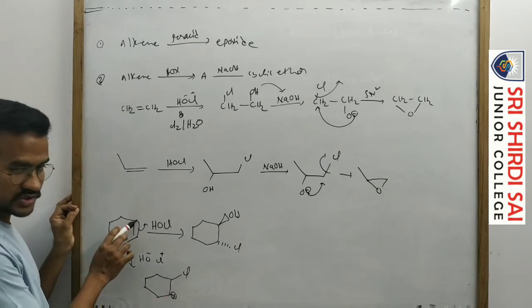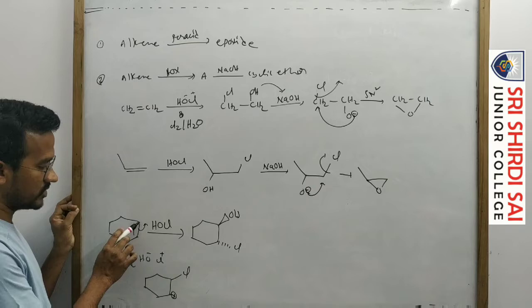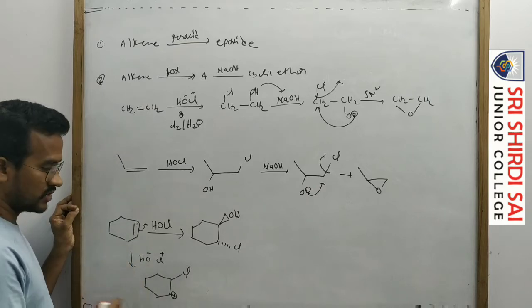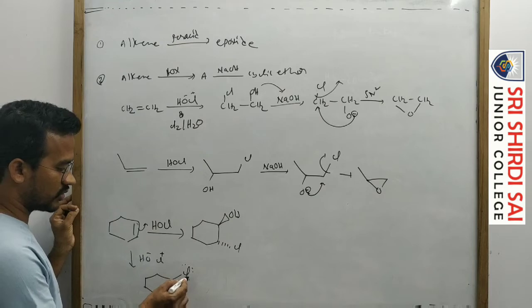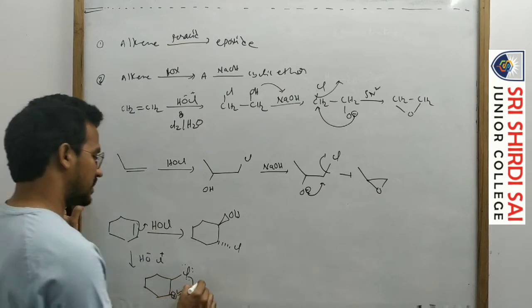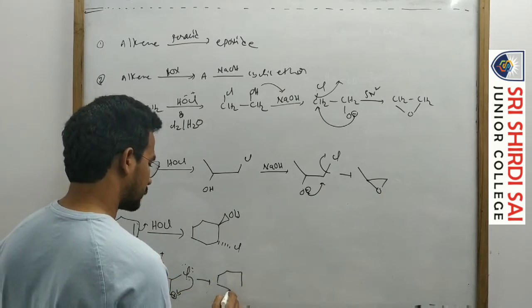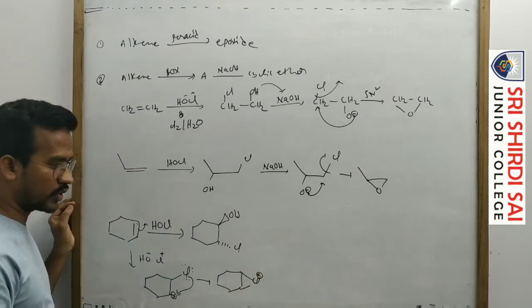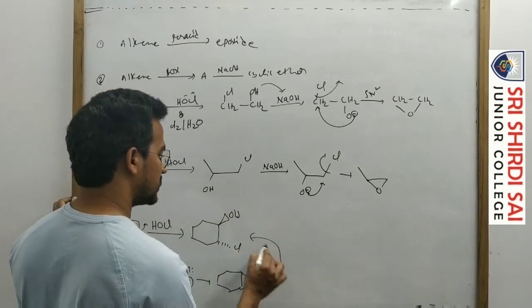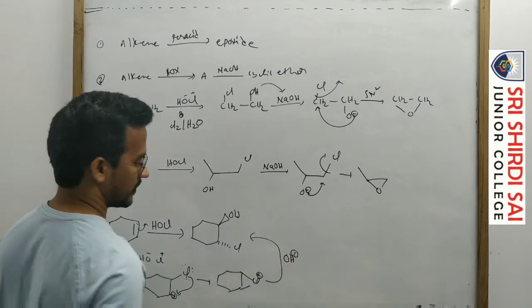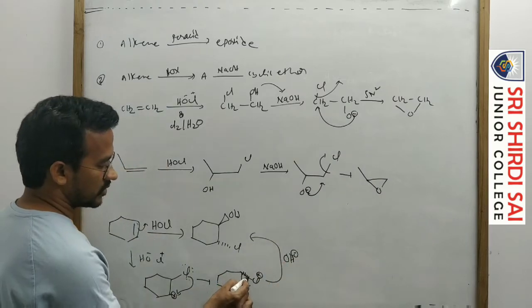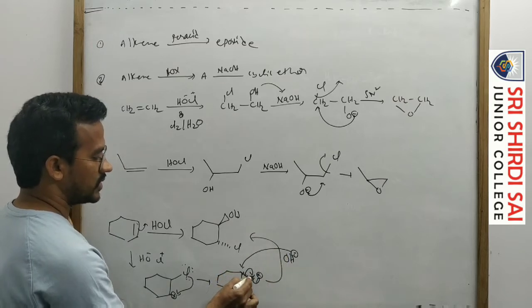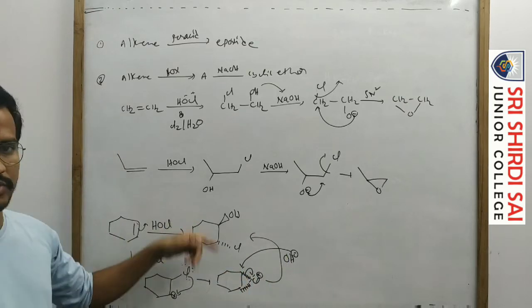By transfer of electrons to this carbon, this one carries a negative charge. That negatively charged carbon bonds with Cl plus. Then this carbon carries a positive charge. Now here a lower number of electrons are present on the chlorine, so it forms a cyclic intermediate, the cyclic chloronium ion. Now this is attacked by the OH minus. First suppose this cyclic chloronium ion is below the plane. Now OH minus attacks from above the plane, so we will get the trans compound.